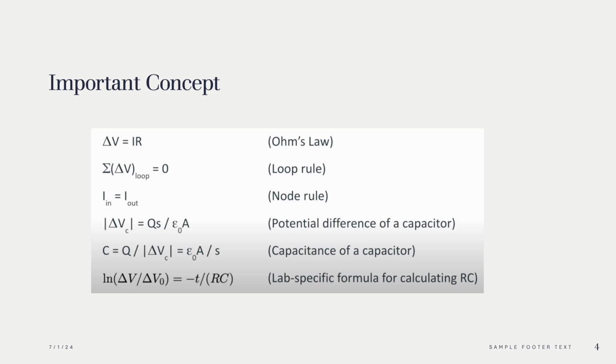Some important concepts that are utilized in this experiment include the following. Ohm's law relates to voltage, current, and resistance in a circuit, which is crucial for predicting and measuring the behavior of circuits containing resistors. The loop rule states that the sum of potential differences around any closed loop in a circuit must be zero. The node rule states that the